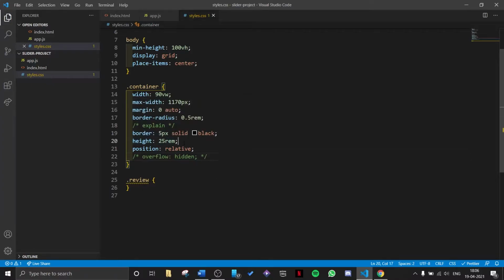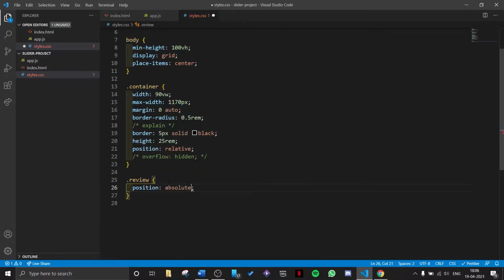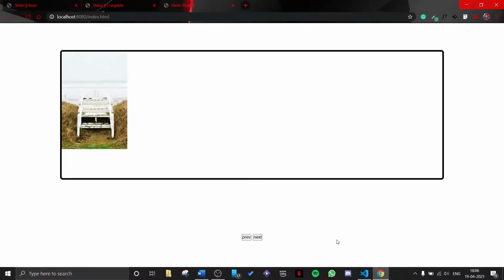And then height 25 rem. Okay, so since we have position relative on the container, we would do position absolute on a review. So what position absolute does is that all of our images, all four of them, are right now stacked on top of each other.